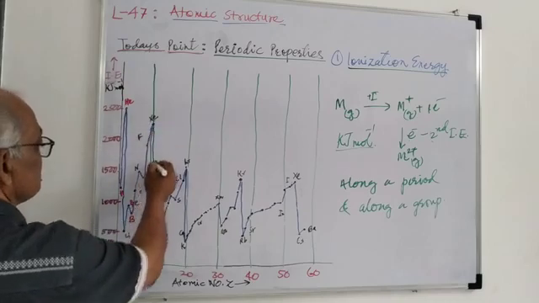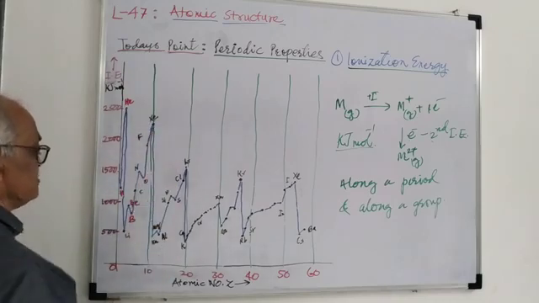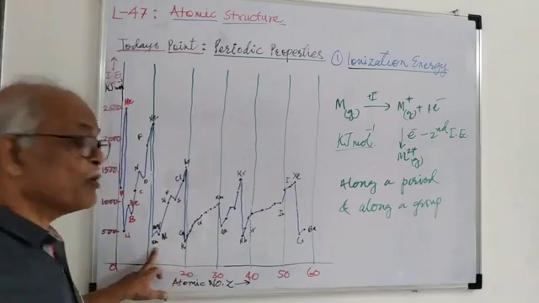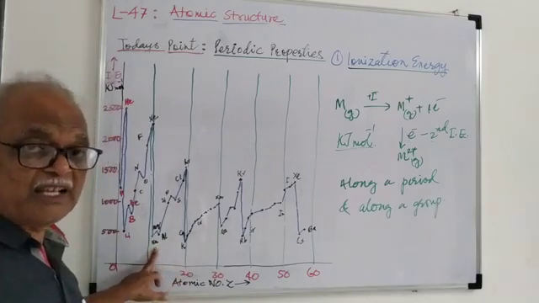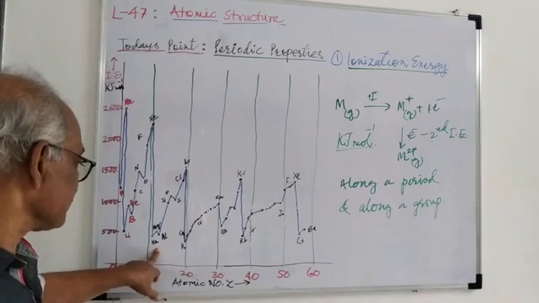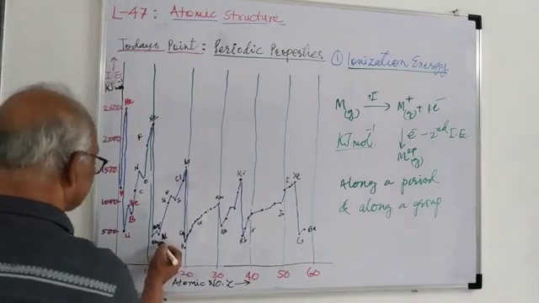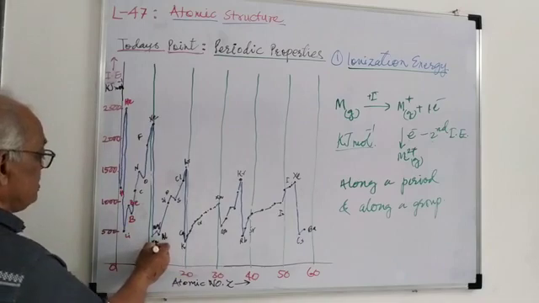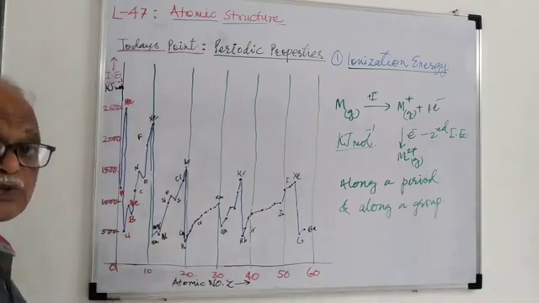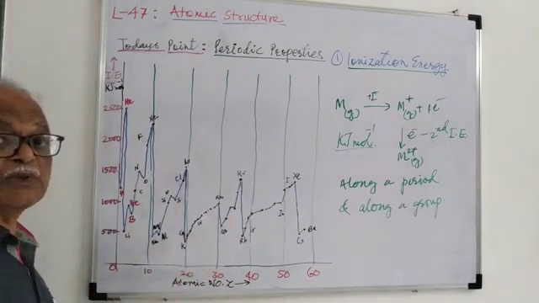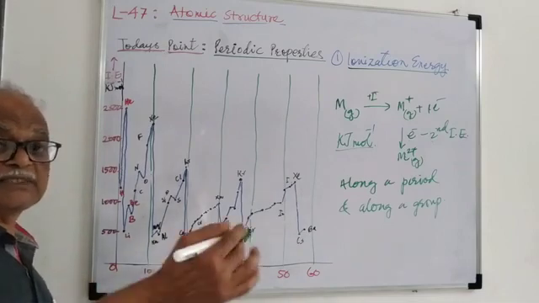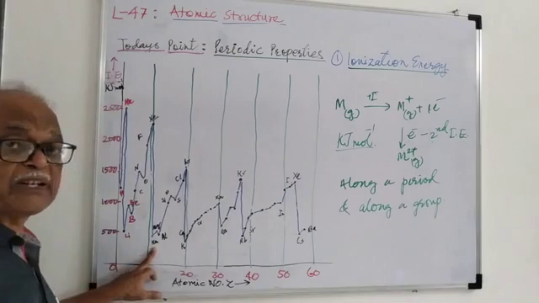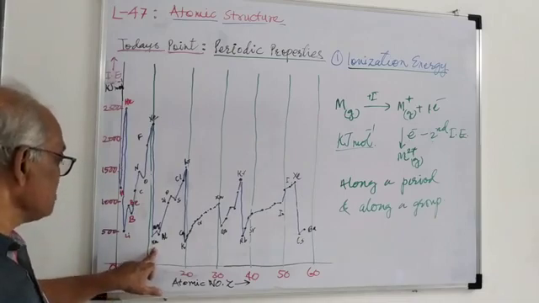Again, after neon, the next atom is sodium, where the energy drops because there is opening of the next s subshell, that is 3s. So here the valence electron of sodium is also going further from the nucleus. So the distance between the nucleus and the 11th electron also increases. That is why the lowering of ionization energy is observed.